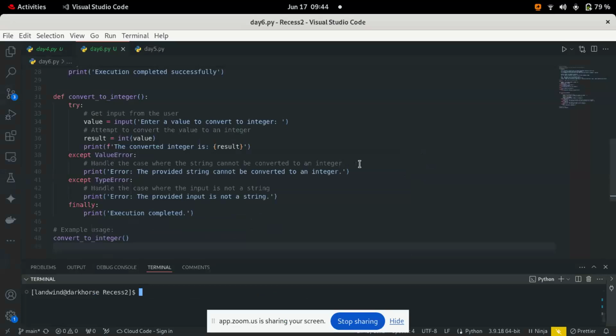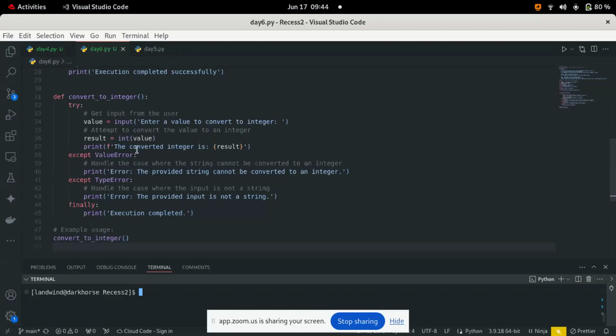Then after obtaining the value from the standard input, let's say from the keyboard, I try to convert it by using result is equal to int of value. That is value conversion. I'm trying to pass it to an integer value.